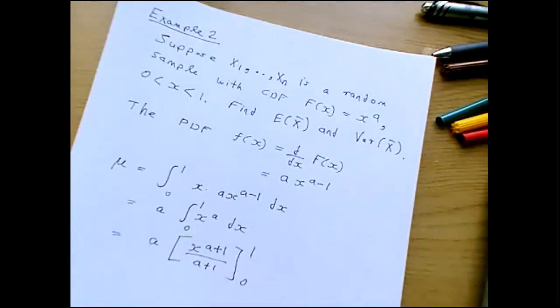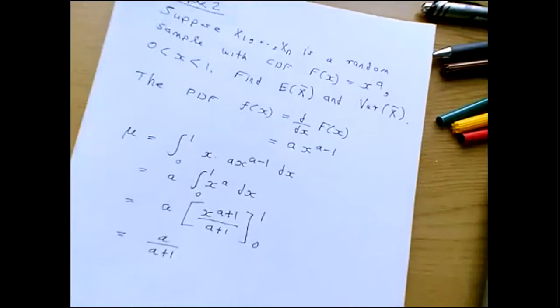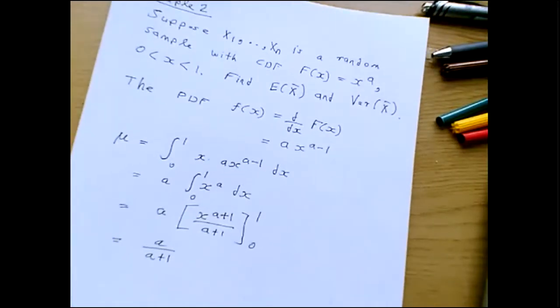You take the limits from 0 to 1, and if you take the limit, you will get the mean to be a divided by a plus 1. Right, so this is the mean. Now to find the variance,